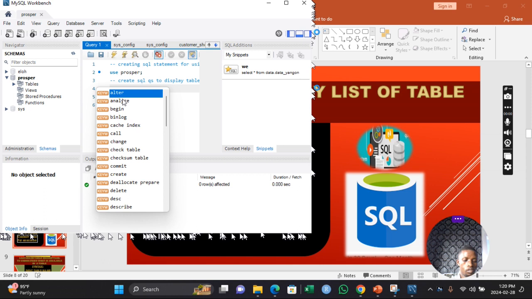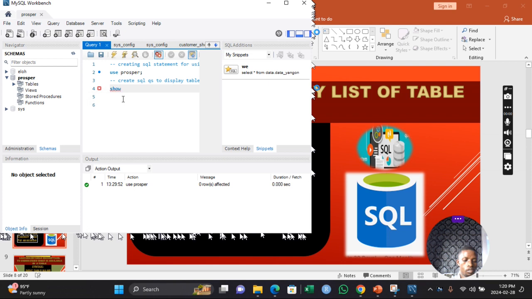So now, I will use the keyword called show. Show. That's the keyword I'm using. Show, followed by tables. Both of them are inbuilt keywords. So when you write this statement and execute it, it will display